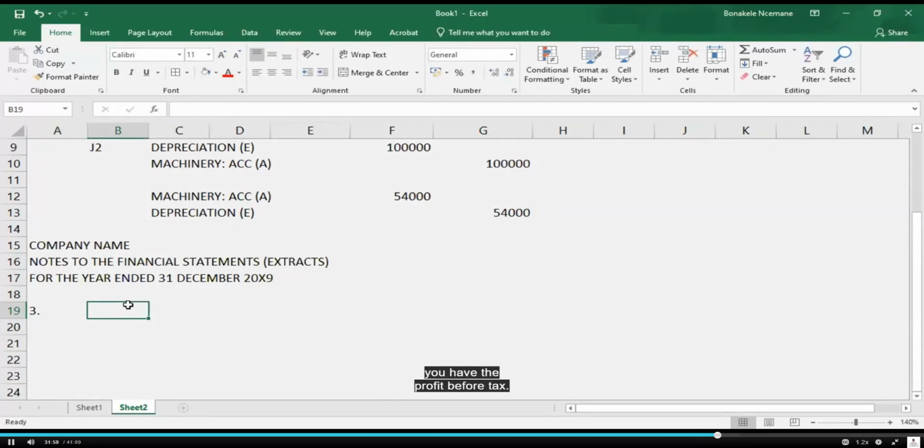You have the profit before tax, and before you write the estimates that are affected, you have to write this narration under profit before tax, and the profit before tax is stated